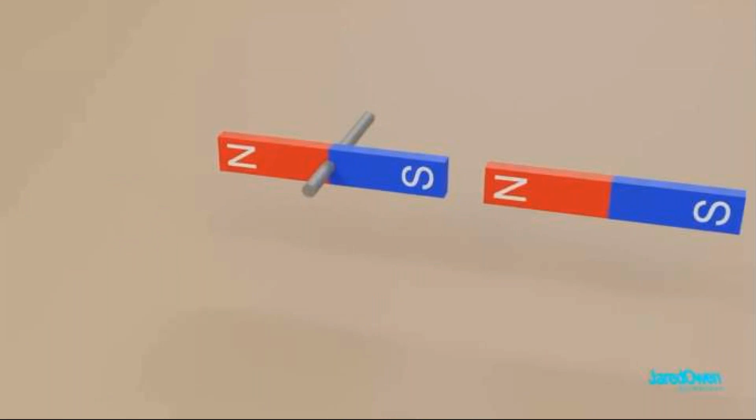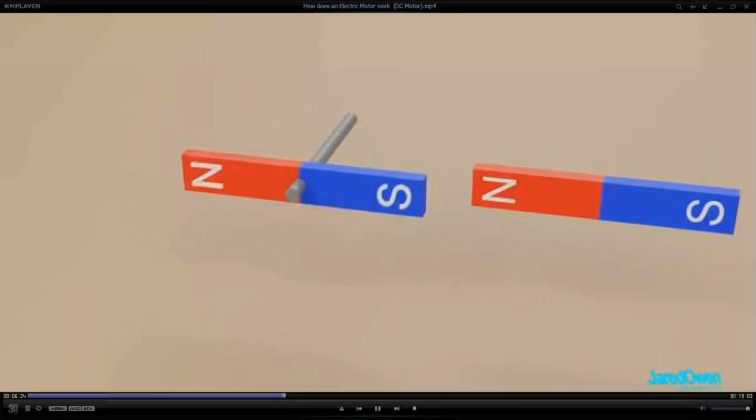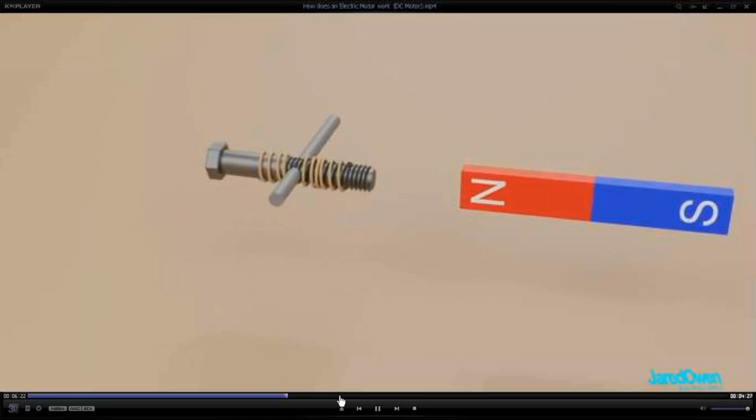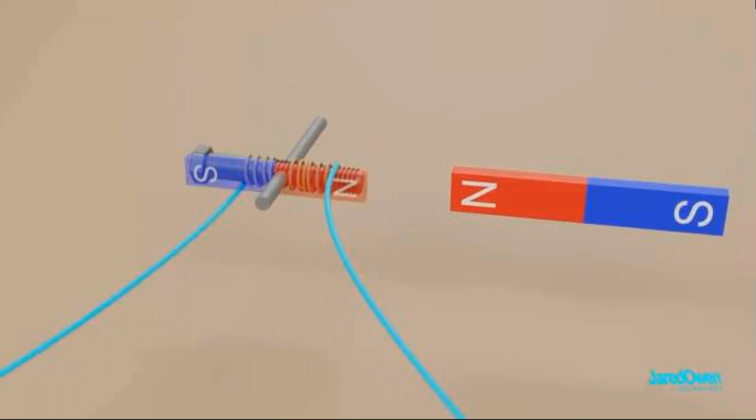Let's come back to our spinning magnet. This time we'll replace the spinning magnet with our electromagnet. As soon as we connect the wire,